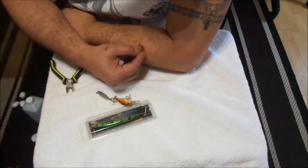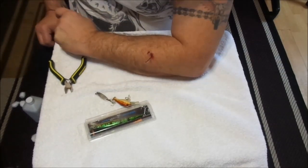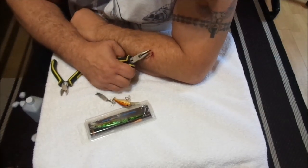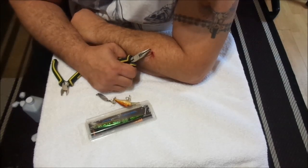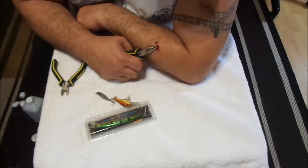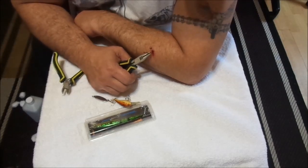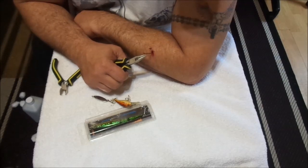Okay, so we're definitely through the skin. I hope you can see that okay. Hope the focus is alright too. So anyway, there's 2 ways you can take this hook out. One, you can bend this barb in and then take it back out again. Or, because this is a bait keeping hook with the 2 barbs on the shaft like I was telling you,